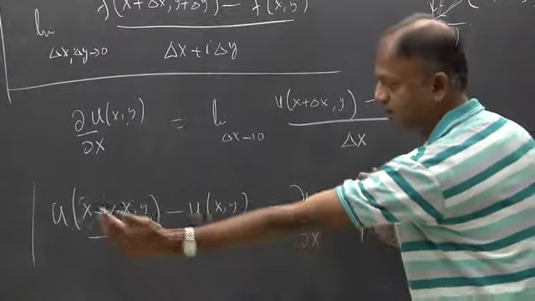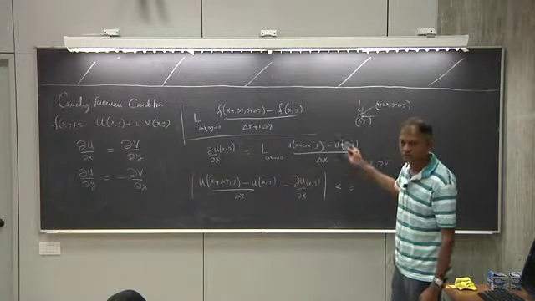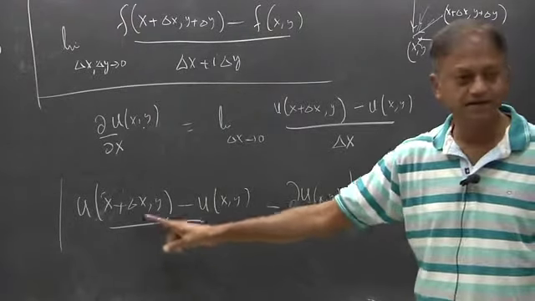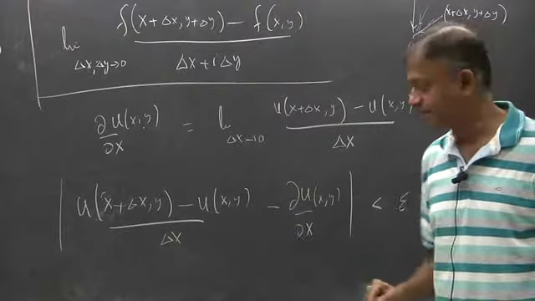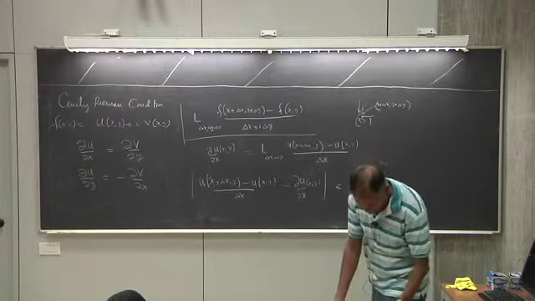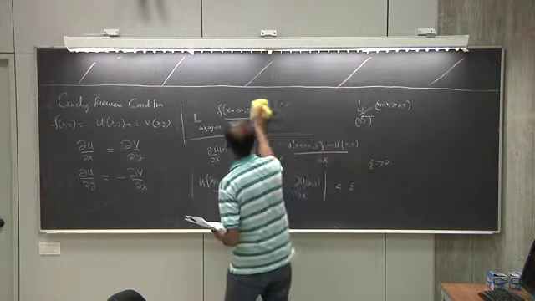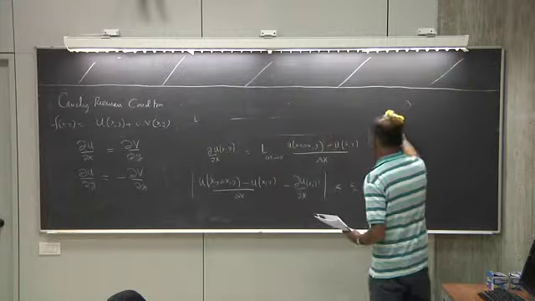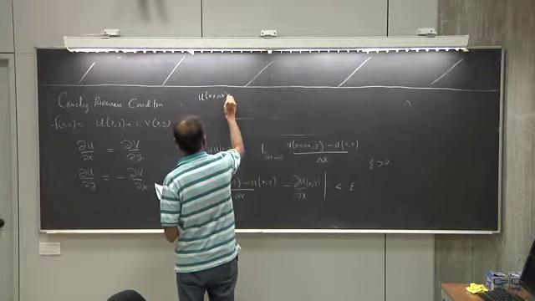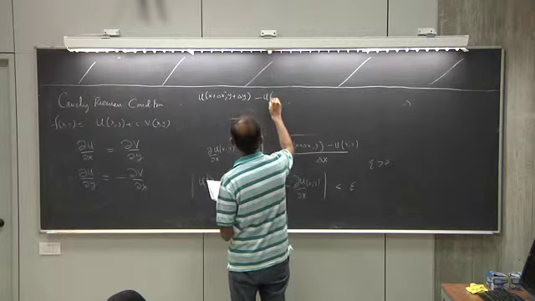Because in the limit delta x goes to 0, this becomes exactly equal to 0. So give me any small epsilon, one millionth or one billionth, 10 to the minus whatever, I can always find some delta x such that this is true. That's the first statement. Then I can write down an equation using this. So this means if I take u of (x plus delta x, y plus delta y) minus u of (x, y),